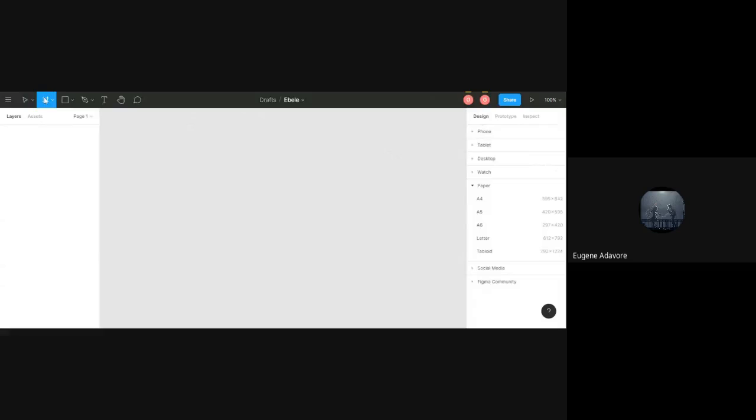Once I click on the frame, if you watch, I'll zoom into the right end of the workspace. Underneath the share, you see design, prototype, inspect. The design now is showing us phone, tablets, desktop, watch, paper, social media, and from our community. What this basically means,